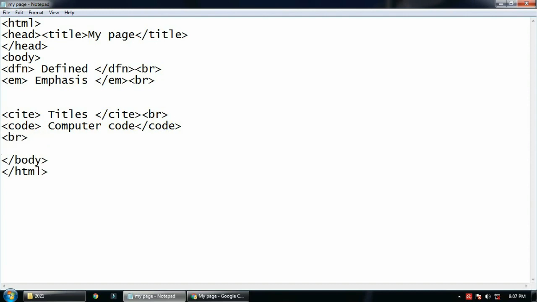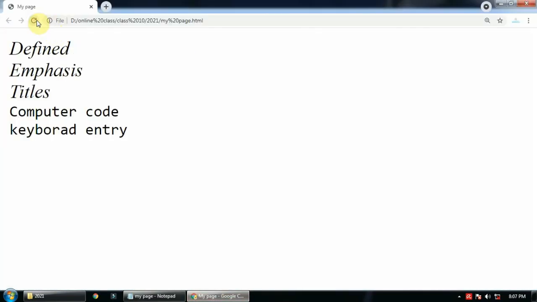Then BR can be given here also. After that you can use KBD, and KBD is used for keyboard entry. After that you will have samp, strong and variable. You practice that one on your own.